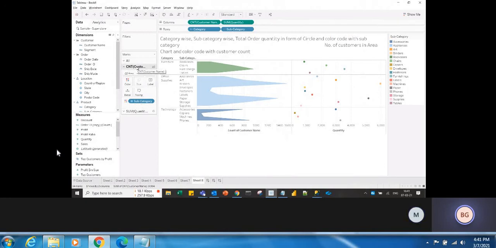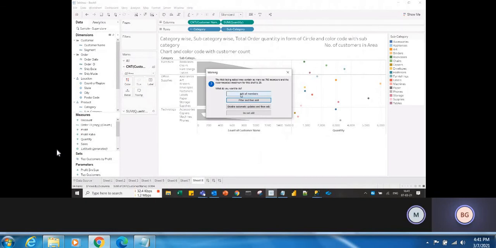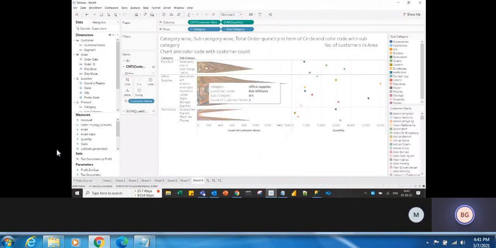The reason is that we did it in the All marks card, and when you drag it into All, it affects all the marks. So first, just remove that from the customer marks card. Now see, it does not have any color code. Now you drag the customer name into color and add all the members. Okay, so it is showing all the members. Here you can change it to count.